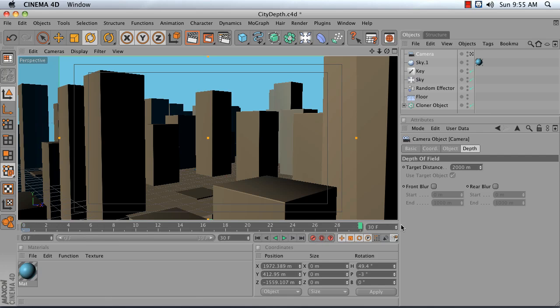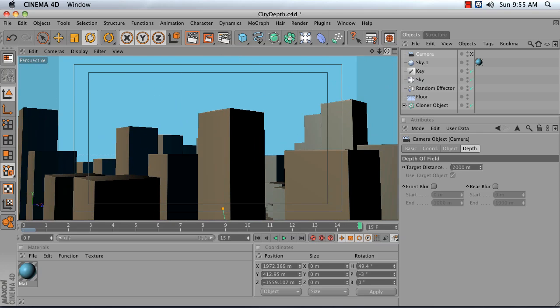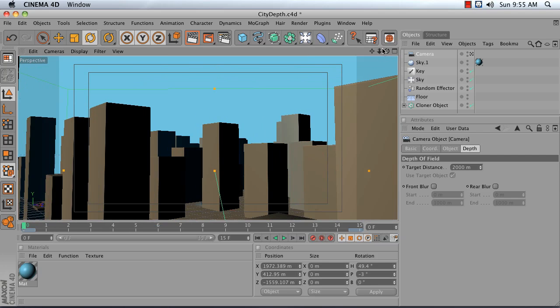I'm just doing a 30 frame animation so that I can render this nice and quickly. Actually, I think I'll just go with 15. And at frame 15, dolly your camera in a bit and maybe tilt up if you want to, and press record. So now I've got a nice simple 15 frame animation, or at least I thought I did. Let's see. I'm going to go back to frame 0 here. Dolly my camera back out, and